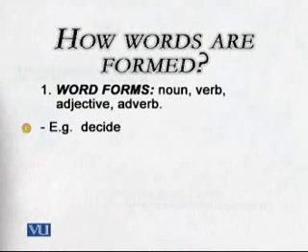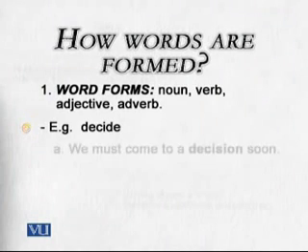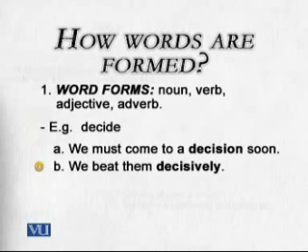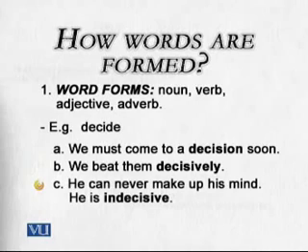Take a word, let's say decide. Now, to decide is a verb, and we can change this verb into its noun also, decision. Decision is a noun, and we can construct an adjective also, let's say decisive. And if someone is decisive, we can make its antonym also, let's say indecisive.